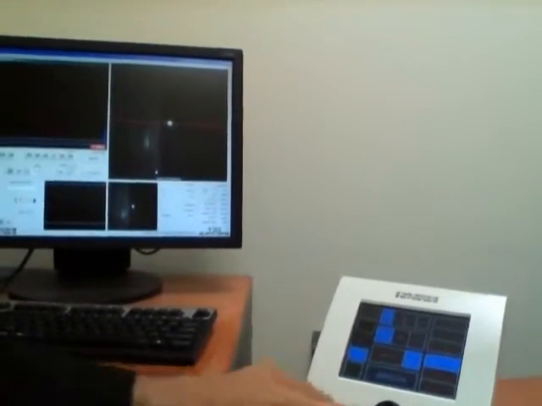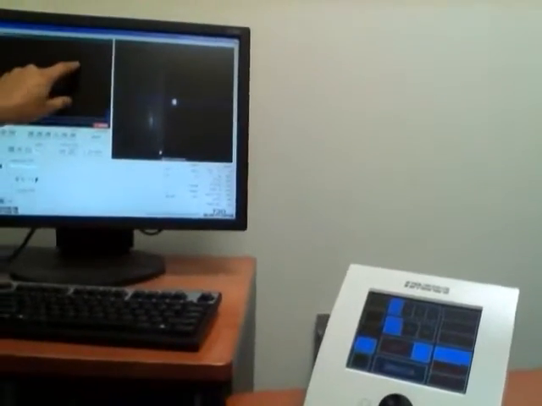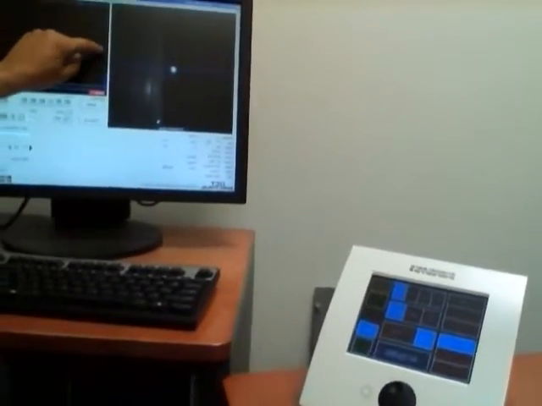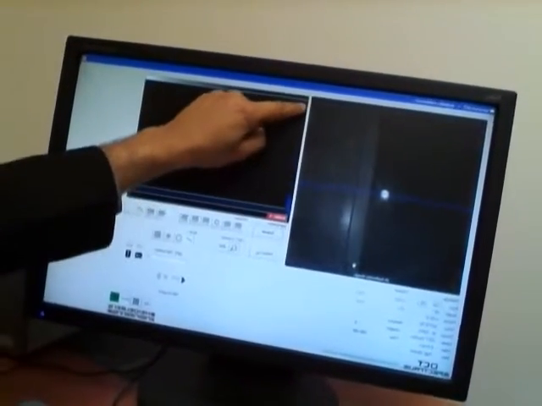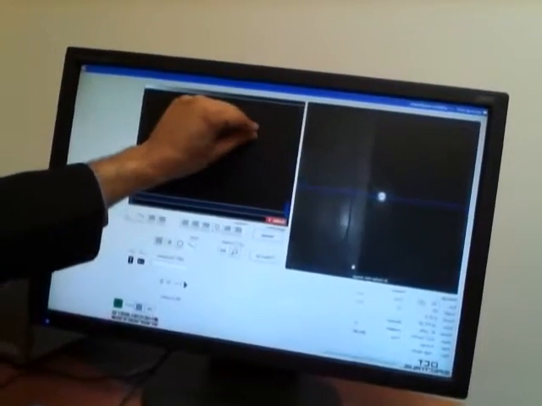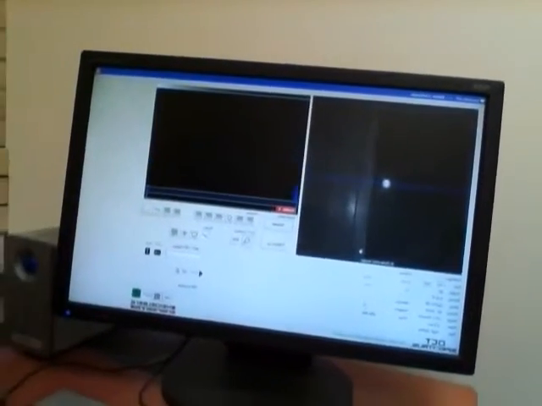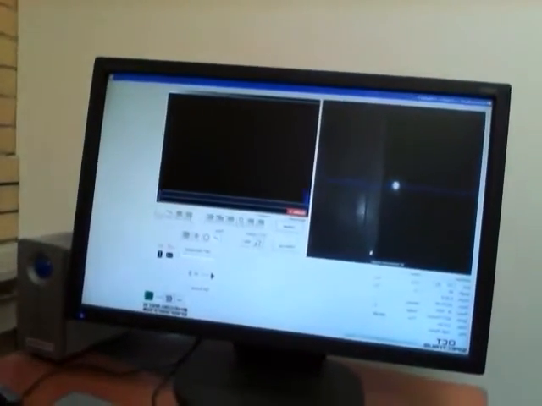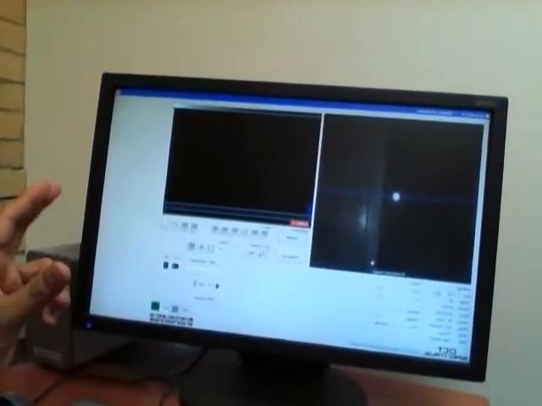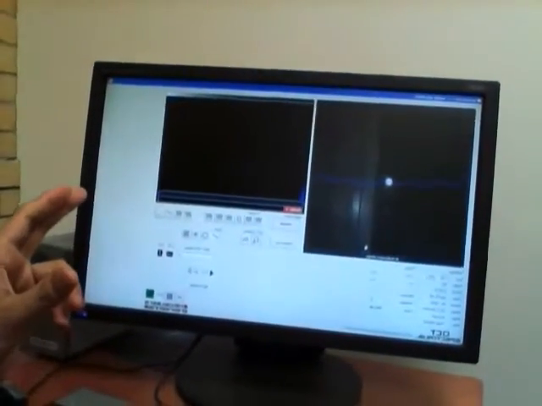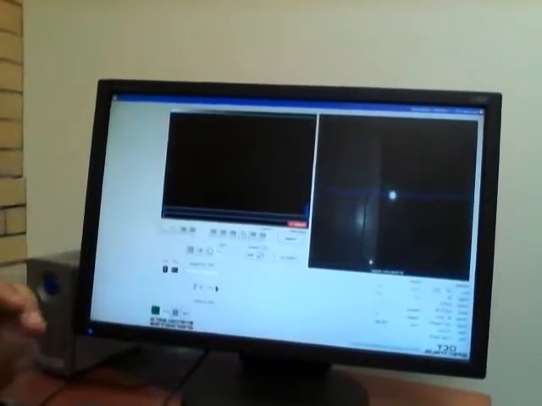When the image comes here, we make sure that we bring the image between this blue box. When the image is in that box, then we make small movements using the handle to improve the quality.